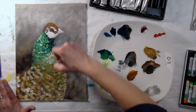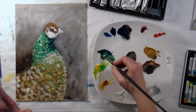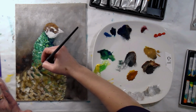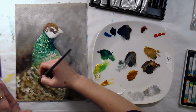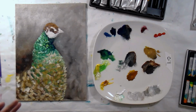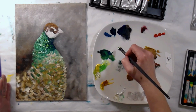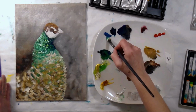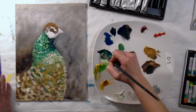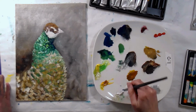Just want to make sure over here I don't have a hard edge. I am kind of pushing the color up a little bit more than what I see, just because I like color, but you can do whatever you like. Now something I want to try, I want to see this color with a little bit of the other colors added to it and see what I get, because I do like that tone of that blue,